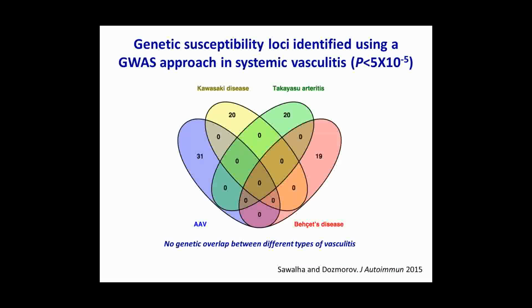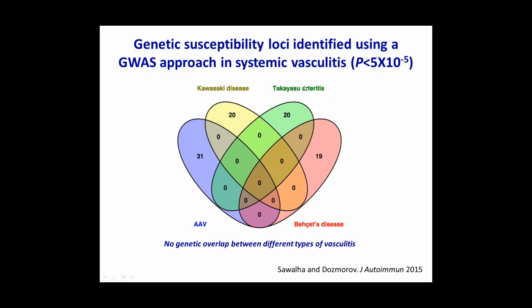the genetics of vasculitis. And so if one wants to summarize the genetics of vasculitis, this is a recent paper we just published, and these are here 4 types of major vasculitides: the ANCA-associated vasculitis, Kawasaki, Takayasu arteritis, and Behcet's disease. These are the number of genetic variants in each of these diseases depicted here that we feel comfortable about at this time. What is important to see here is that there is no overlap between genetic variants for